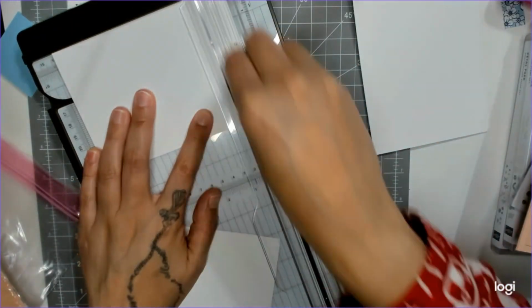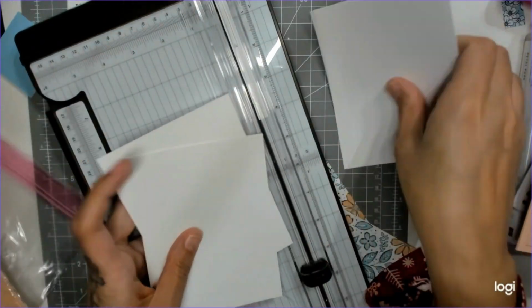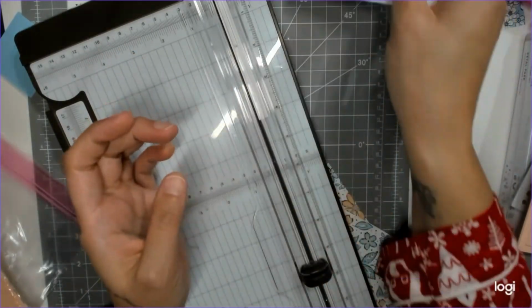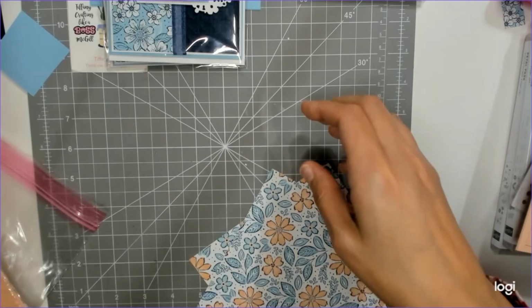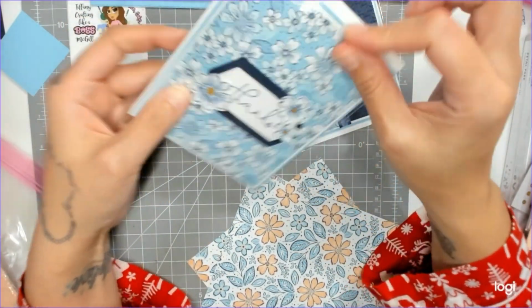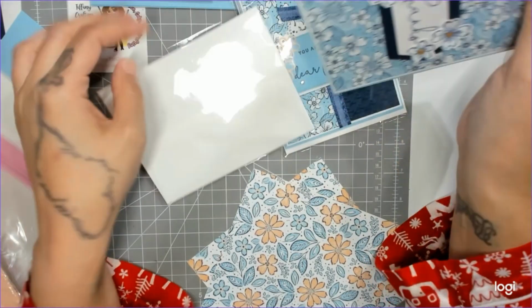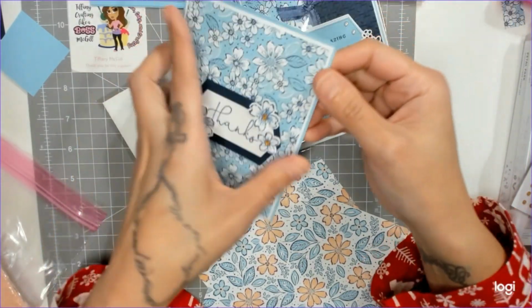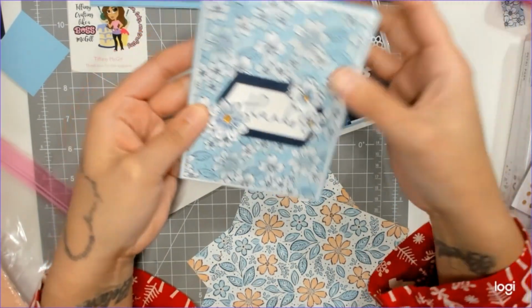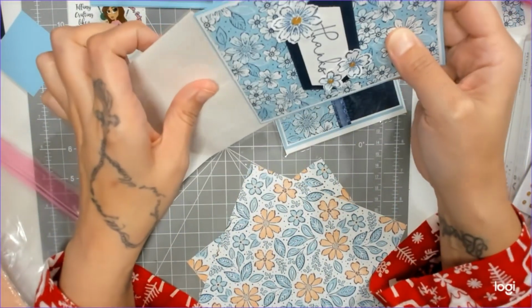Alright, so that should give me my 4 inside layers. Okay, now for my design, I did layer with basic white around my cards. See there? So I need 4 layers. And it actually is the exact same measurement. So I'm going to go ahead and